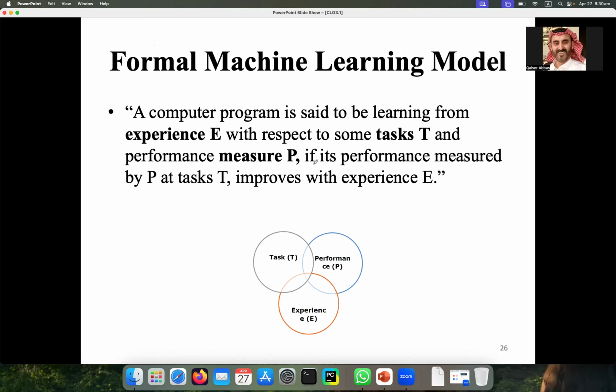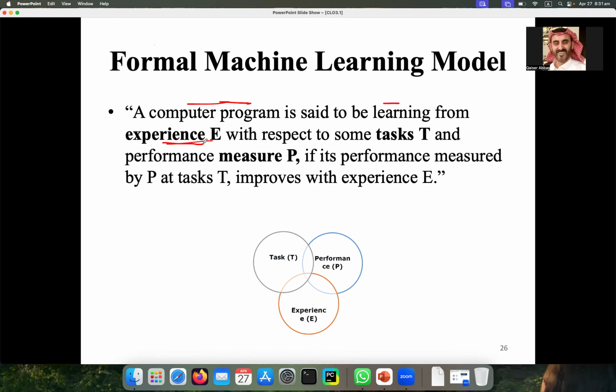Now, this is the formal definition of the machine learning model. That is not a different thing from the definition that you already saw in the beginning. We talked about computer programs in the beginning. Now we will say that a computer program is something that will learn automatically. From what? From the experience. Here experience means basically data, okay?